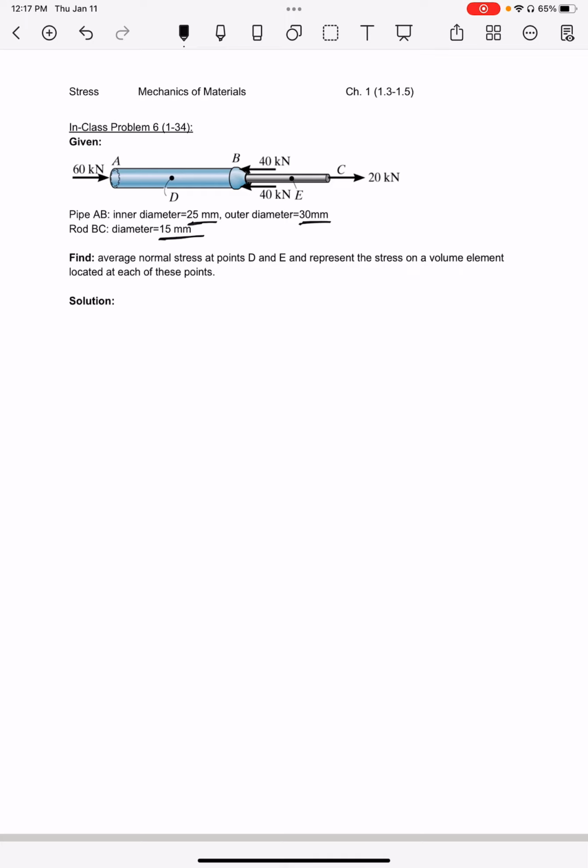We're supposed to find the average normal stress at points D and E, and represent the stress on a volume element at each of these points. So we'll start with D, and I'm just going to slice it through there. So draw a free body diagram. So this is D,